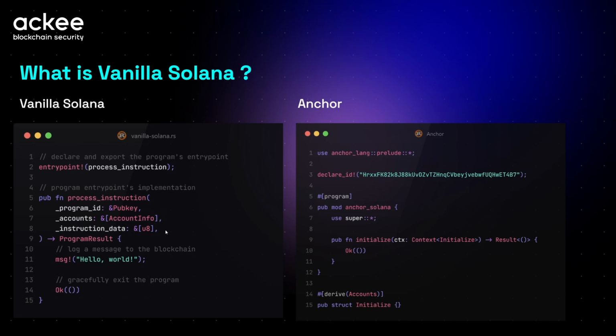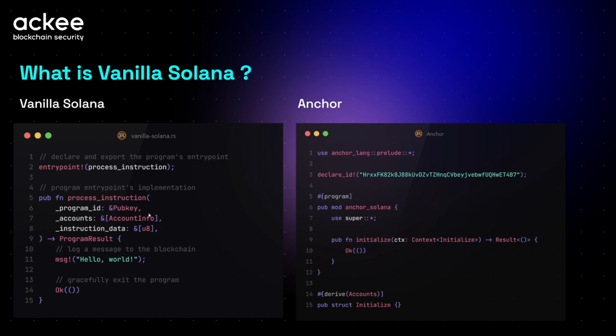This process instruction expects 3 parameters, which are instruction data, so basically a byte array, then accounts, which is an array of raw account infos, and the program ID. What is super important is that these 2 fields are completely raw. That means this is a byte array, and this is an array of raw account infos. So to ensure security in your program, you need to correctly check all of the account infos here.